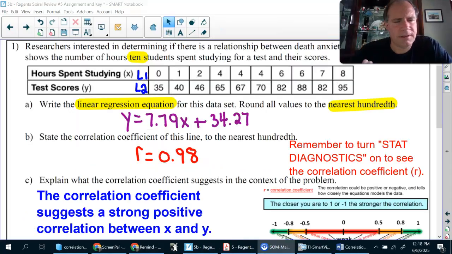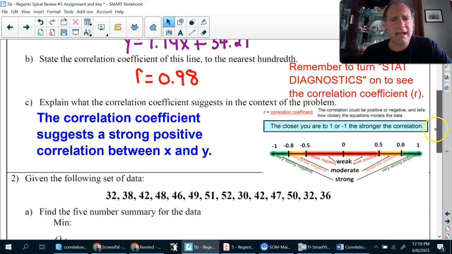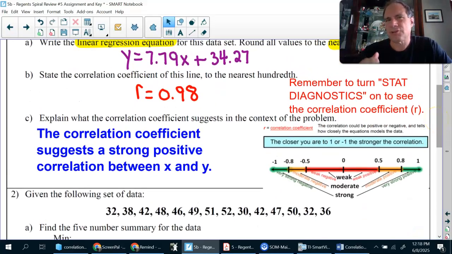All right, and I put down that to remember to turn stat diagnostics on to see the correlation coefficient. That correlation coefficient is R equals 0.98. And when you see a number, the correlation coefficient, that is that close to 1, it suggests a very strong positive correlation between X and Y. You could leave out the word very, so I just explain what the correlation coefficient suggests in the context of the problem. The correlation coefficient suggests a strong positive correlation between X and Y, and that will answer and get